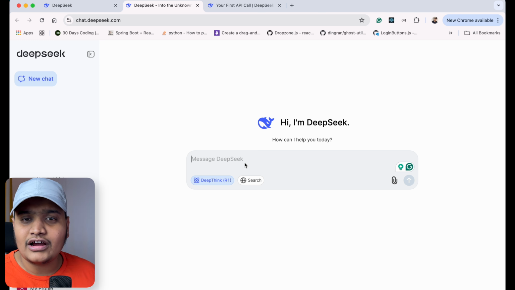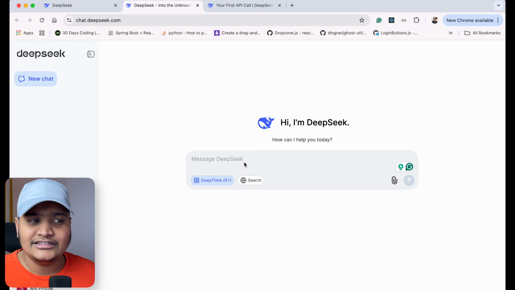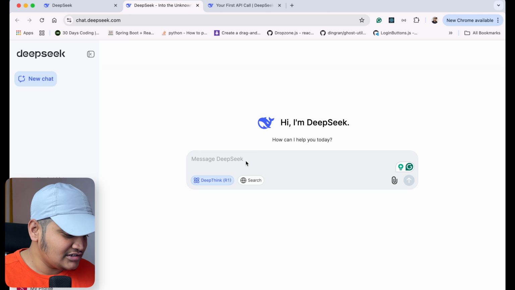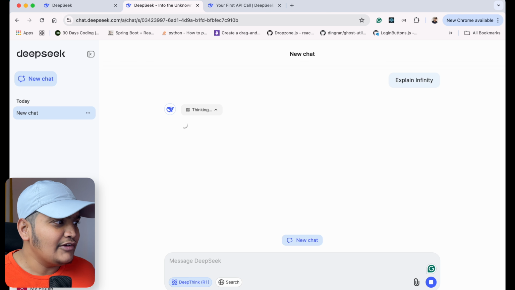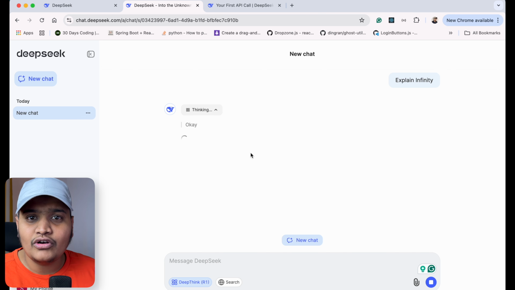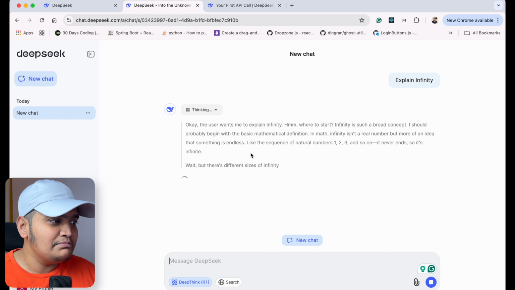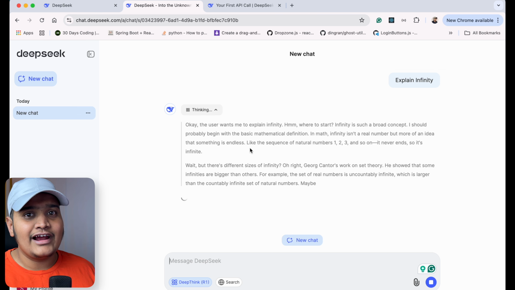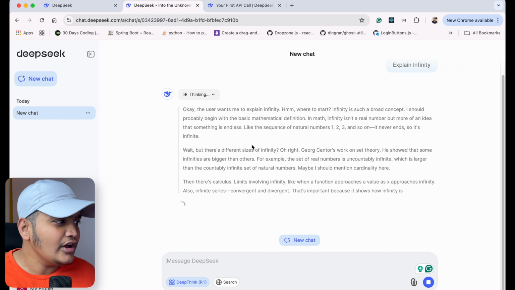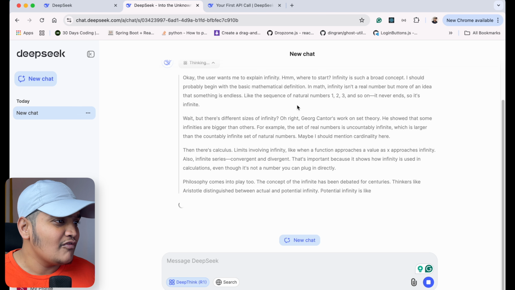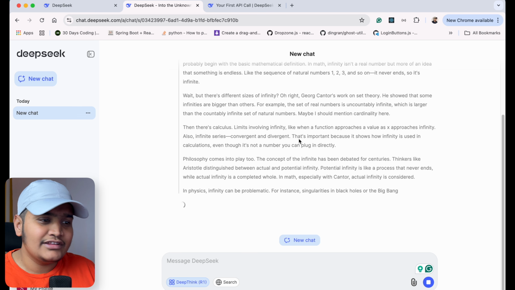So whatever you are going to ask this model, it will try to reason it well and then it will answer it. So if we just ask, explain infinity, then it will try to think about it and it will also share the thought process it is going through, and based on that thought process we will get a particular answer. So you can see that it is thinking about infinity, and based on this thinking it